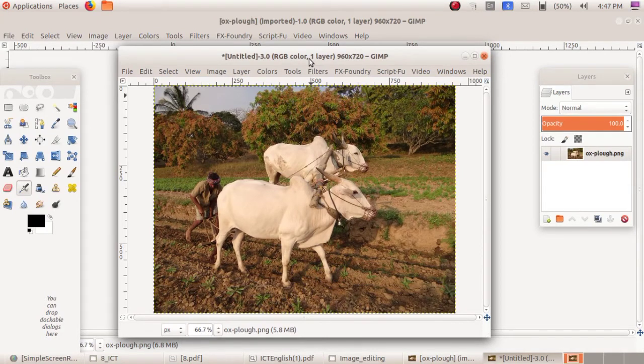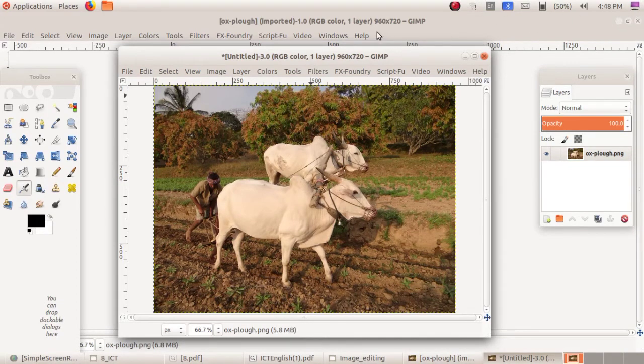Either click on the image menu then duplicate, or hold the Ctrl key and press the key D on your keyboard. You can identify the image by looking at the name. Where can you see the name? In the title bar.